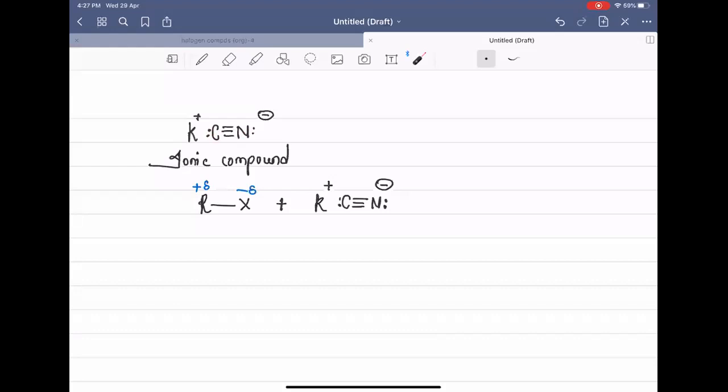And hence, of the two, because this is ionic, carbon here combines. And so the reaction goes like this. The product is RC triple bond N. This is a nitrile